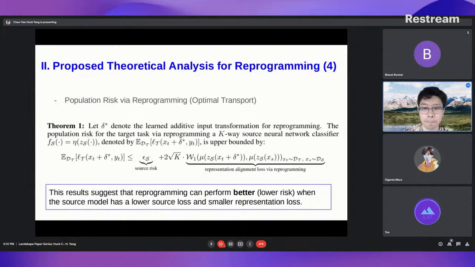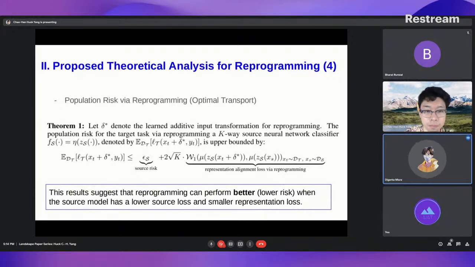I have a quick question. Sure. Okay, I understand why this bound works. It's kind of obvious that if you have a better source model, it's easier to map the new target samples by adding the additive noise. What I'm concerned about is, I'm not sure if I'm incorrect, but this theorem doesn't take into account the